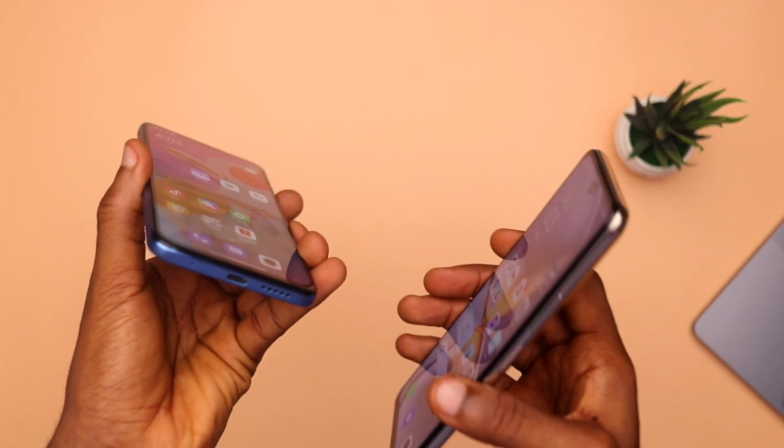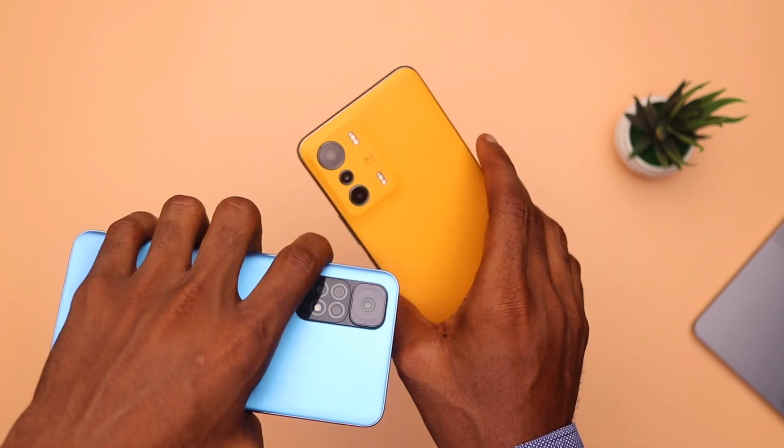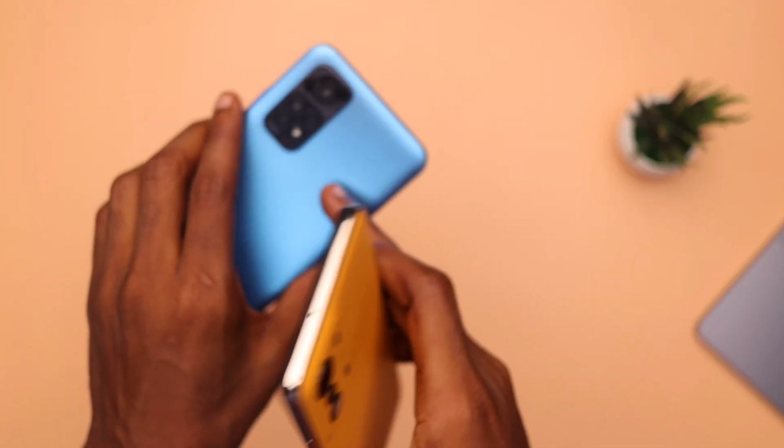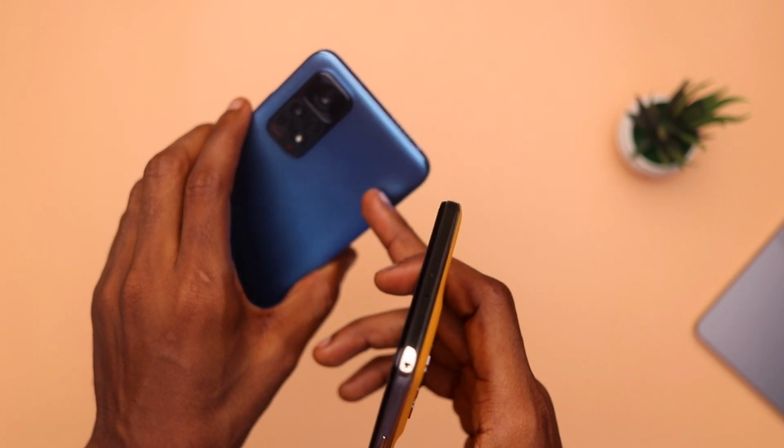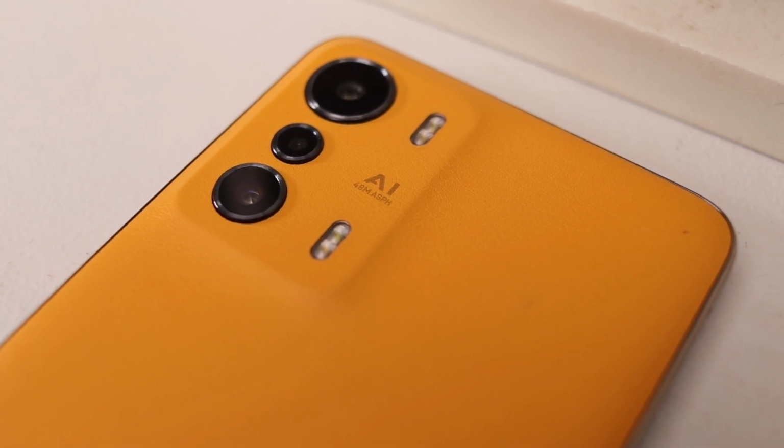It's also worthy to note that the Infinix Zero 5G has only one speaker, so it's a mono speaker setup here, and on the Redmi Note 11S it's a dual speaker setup, so you have a speaker on top and then the speaker beneath. On the Infinix Zero 5G there are 3 cameras on the back of the device: